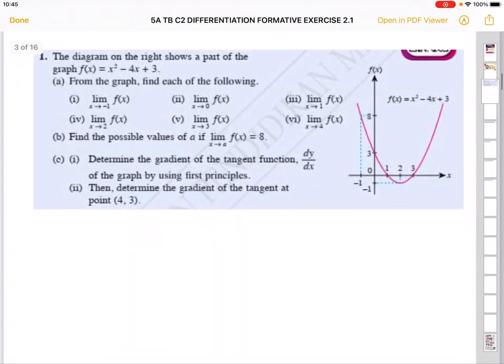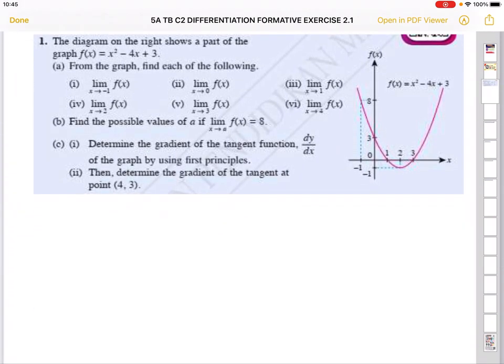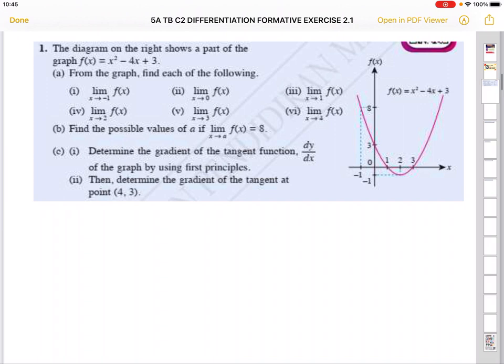Okay, the first part of this practice is about the idea of limit. Right now, the idea of limit usually is not a very popular exam question in SPM, but it's something that you should know. All right, and in this question number 1, you're supposed to find the limit of function f(x) when